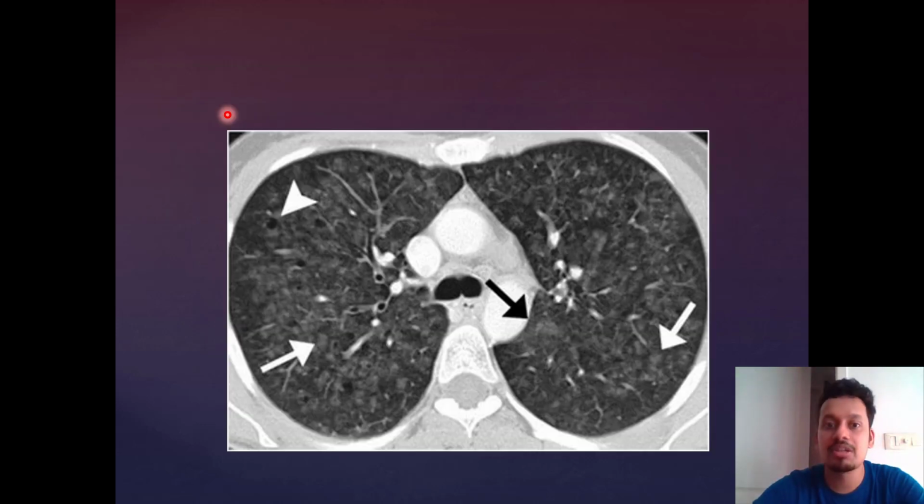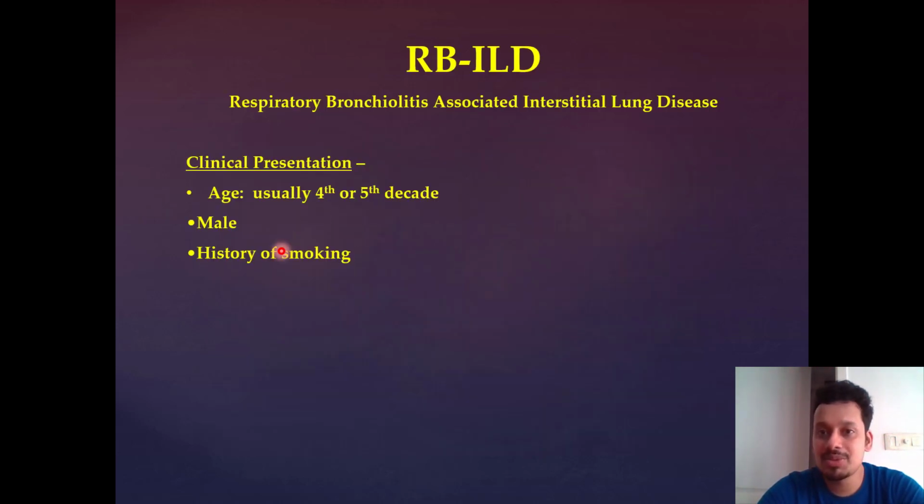That is an easy way to remember. On CT scan, you can see that there are multiple centrilobular nodules, and maybe you can see some cysts also. This disease is diagnosed in smokers who are usually more than 30 pack years. They come with insidious onset of dyspnea, dry cough. The X-ray shows bilateral ground glassing,